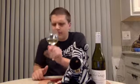I like all kinds of wine. You know, I drink wine pretty much for a living, so I'm able to really enjoy wine as it is. I do really like my acidic Sauvignon Blancs, but I also really enjoy ones like this, which are more tropical and less on the grapefruit. You don't really get the grapefruit on the palate. You do kind of get it on the nose, but